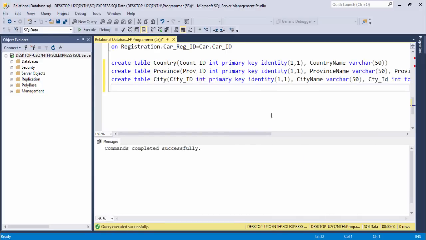Now we have made 3 tables. The first table is a country table, second province, third city. The city table is connected with the province table and the province table is connected with the country table. Right? Those 3 tables are connected. Now the next process is I will create another table, student